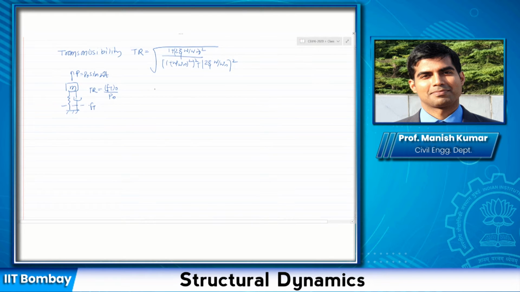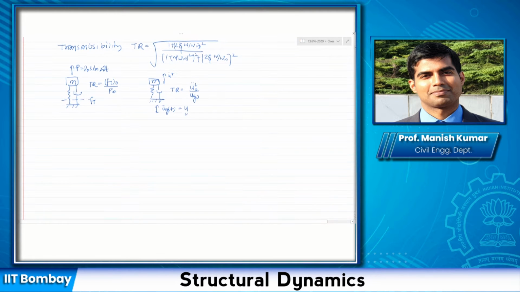In the second case, the same ratio could also be used if I have a ground excitation which is represented as acceleration. Remember, it is represented as acceleration. Let us say the total acceleration is ut, not the relative acceleration but the total acceleration. Transmissibility can also be used to represent the peak value of the acceleration, let us call this ut naught, divided by the peak value of ground acceleration. So if I represent this as ug sine omega t, I can do the same thing.